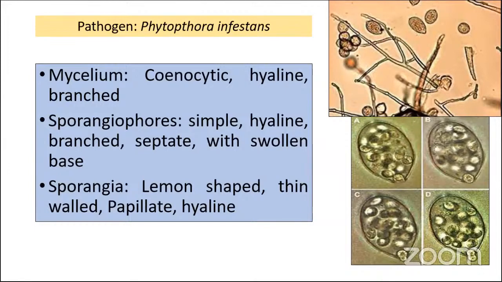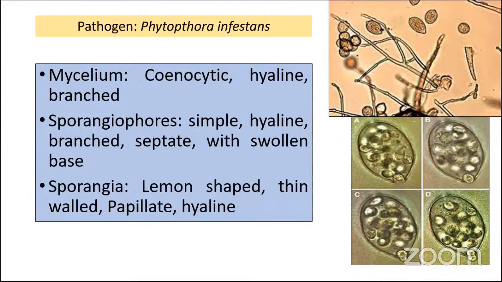Why I am telling all these is because there will always be a question: what is the difference between the late blight of potato and early blight of potato. So these are the key features to distinguish Phytophthora infestans from Alternaria. You can remember these distinguishing characteristics of Phytophthora infestans, that is late blight of potato, and early blight of potato. I'll cover that in the later slides.